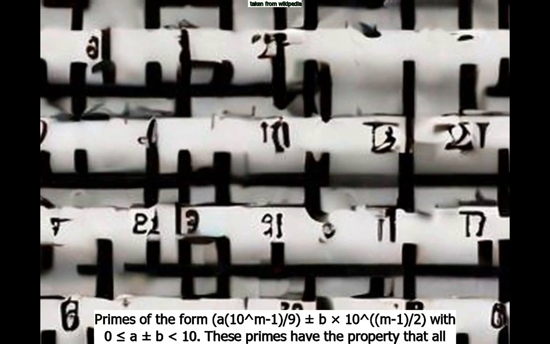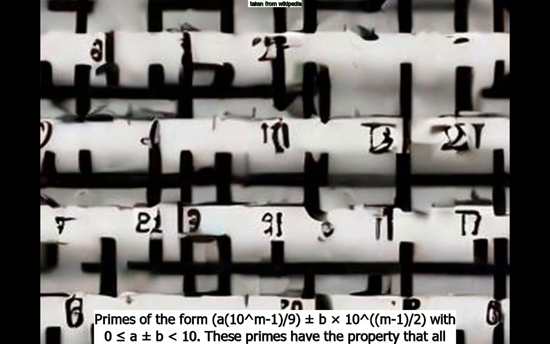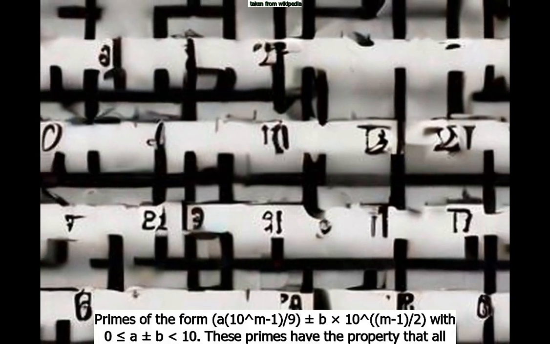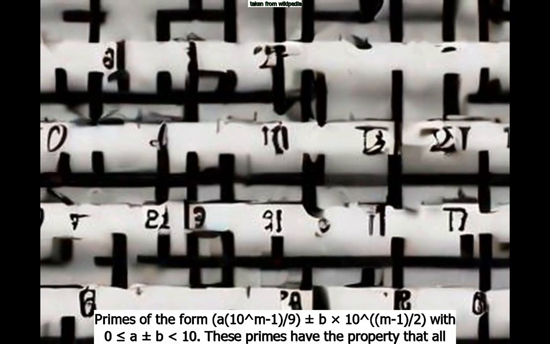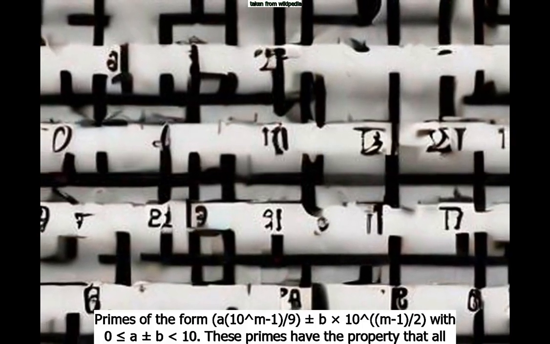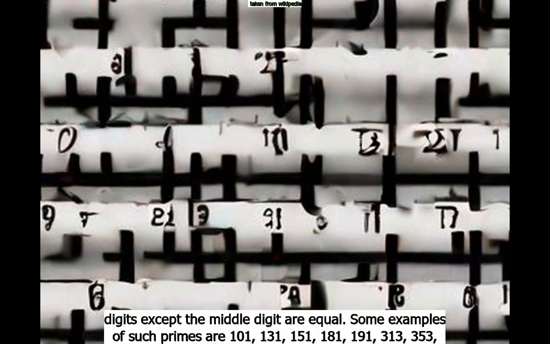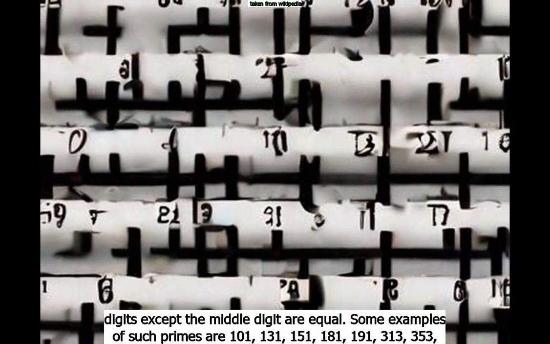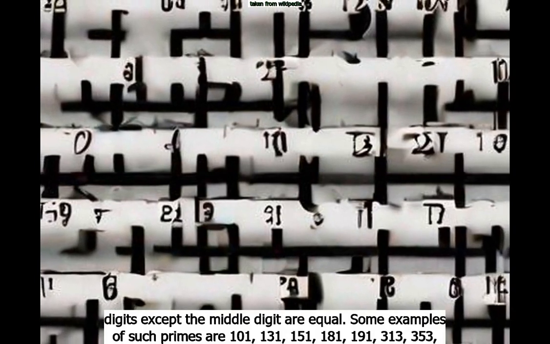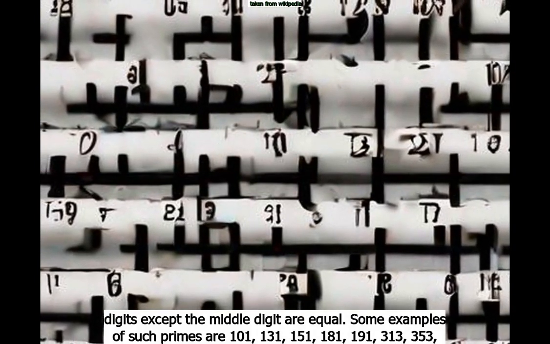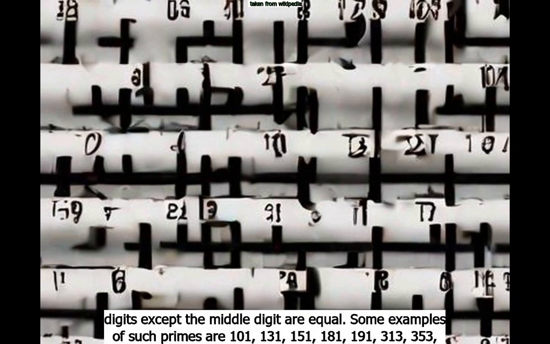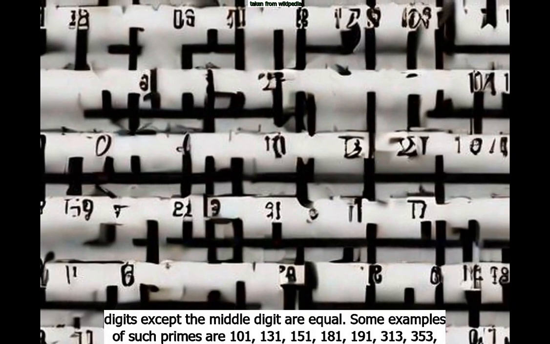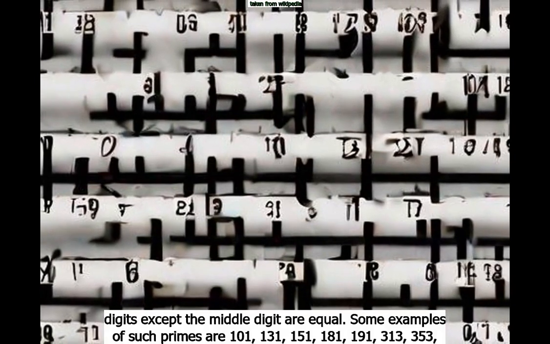Primes of the form (a times (10^m - 1) divided by 9) plus or minus b times 10^((m-1)/2), with 0 < a plus or minus b < 10. These primes have the property that all digits except the middle digit are equal. Some examples of such primes are 101, 131, 151, 181, 191, 313, 353, 373, 383, 727, 757, 787, 797, 919,